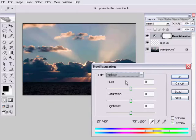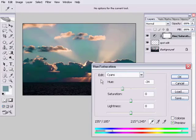Now the colour I want to modify here is cyan. In fact, it's that colour there, so I can click on that, and that will then centre the region that I'm editing onto that part of the sky, onto that part of the colour wheel. And what I want to do is move that a little bit more towards blue. It's already very cyan, but I want to move it a little more towards blue, so I'm just going to drag the hue up, and you can see the edit on screen, but you need to be quite subtle with this, because you can really make some very obvious edits if you do this. So I'm just going to go up to about there, and then I'm going to just pull the saturation up,